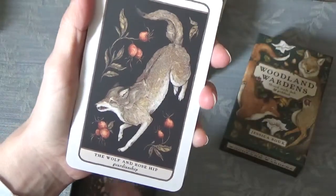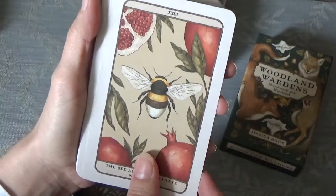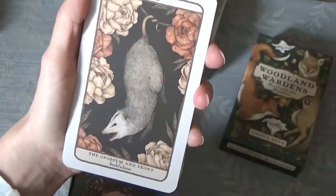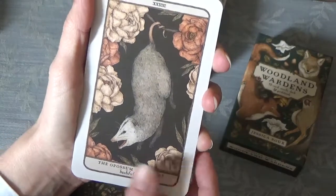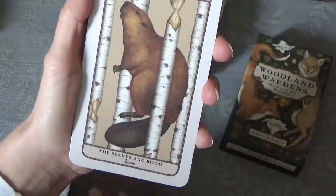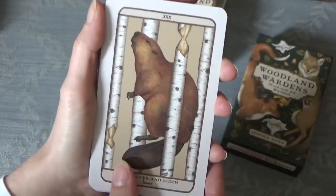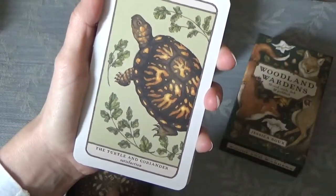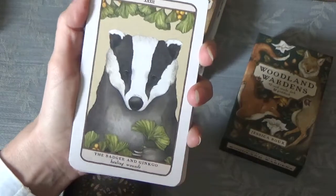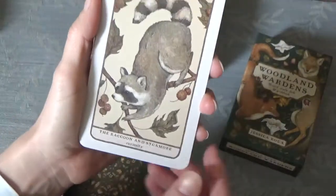The wolf and rosehip, guardianship, the bee and pomegranate, productivity, the fox and ivy, adaptability, the opossum and peony, bashfulness, the squirrel and chestnut, preparation, the beaver and birch, home. That's just so sweet. The turtle and coriander, satisfaction, the badger and ginkgo, that's how I would say it in French, healing wounds, the raccoon and sycamore, curiosity,